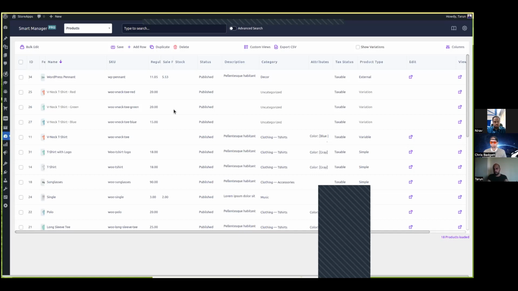Now, any WordPress dashboard would allow you to delete or trash the records, let's say a maximum of 20 or 50 based on the screen options, but it's too slow, right? If I've created, let's say, 10,000 of such test records, how would I delete them? One way is I'll go at the database level, but if I'm not a pro, I'll not like to take that risk with a live site, right? So that's where Smart Manager's trash records display comes into the picture, wherein you can display trash records, search them using the status, and delete them all at once. You don't have to worry about it. That was also one of them.